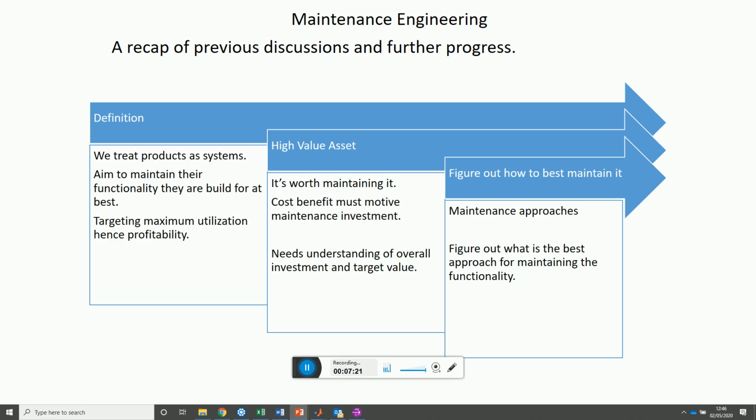So the idea in maintenance engineering is to deal with those systems, right? And what are we aiming for really is we maintain their functionality. When we design systems, we design systems for a specific purpose. That purpose is a function, fulfilled through engineering. For example, a car takes us from point A to point B. That's the purpose of the car. That's the function of the car.